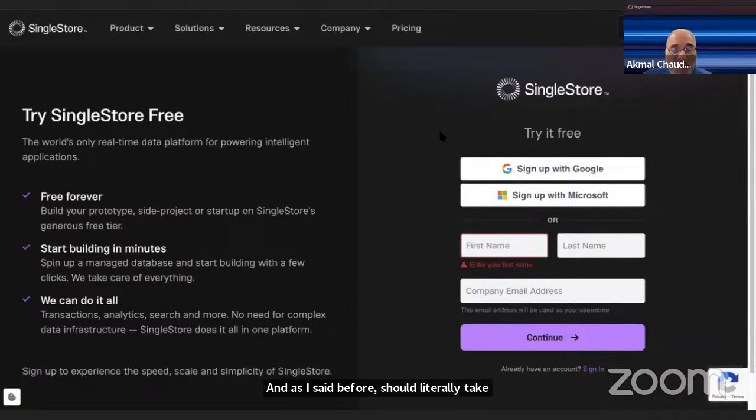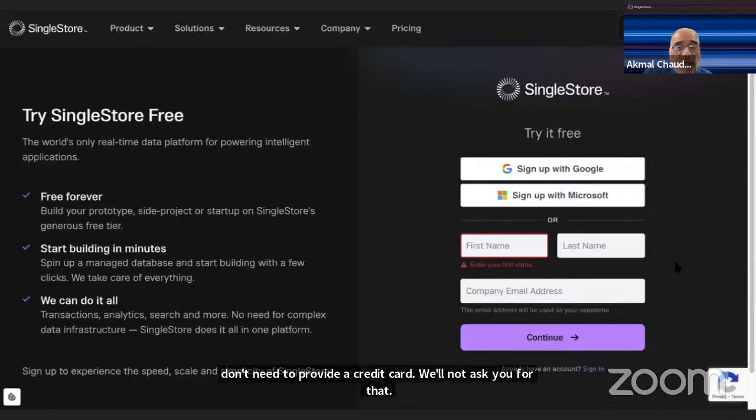Select any one of these options, either Google or Microsoft, or like I said, the old-fashioned way: first name, last name, email address, and then just click the continue button. It'll ask you a couple of questions. You don't need to provide a credit card; it will not ask you for that. And it will send you an email just to verify that you are human.